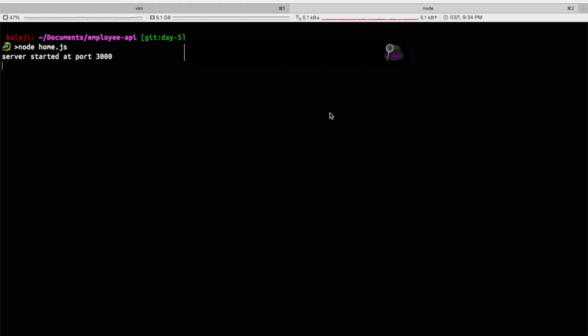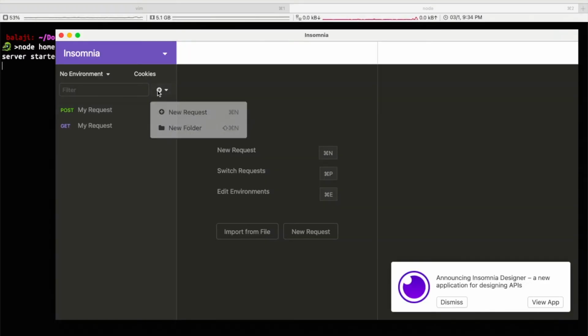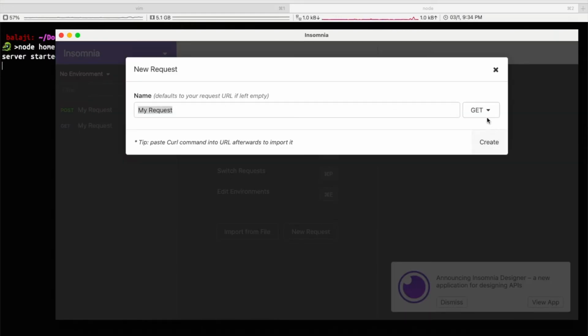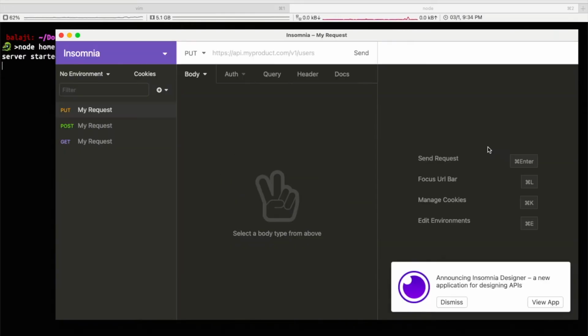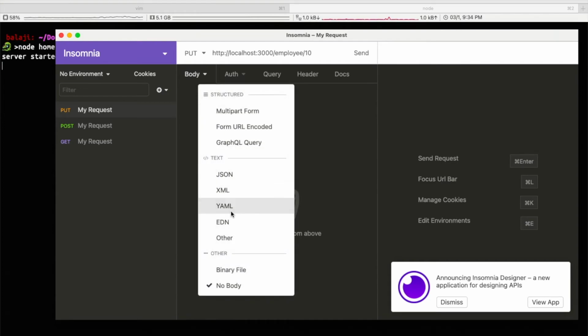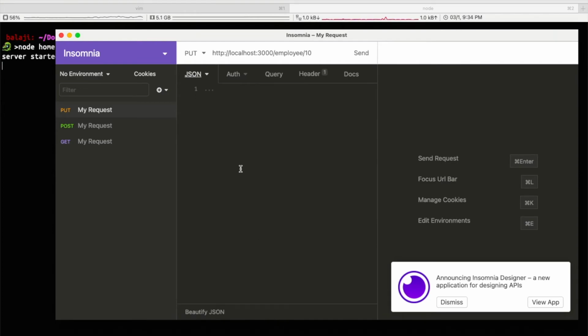Server is started. Let's issue a new request. The request is going to be put. Type our URL localhost 3000 /employee/10, and let's just pass a JSON value, name, Ravi.